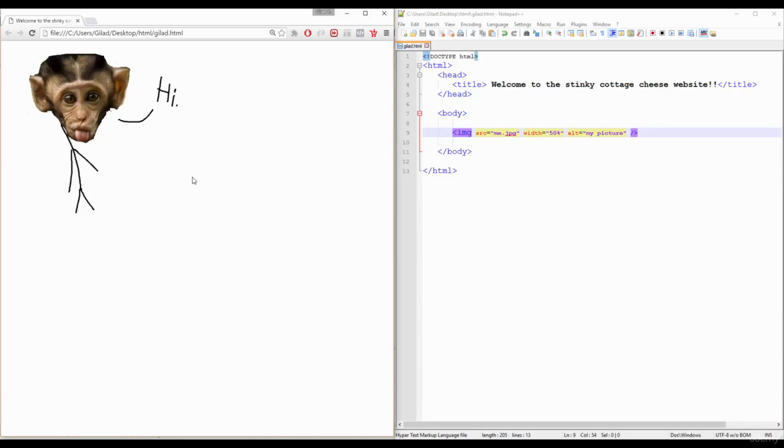A great photo! Let's dig down and see what we have right here in the code. First things first, we have the img tag. As you can imagine, img is shorthand for image. No big deal. Then, we have 2 attributes inside of this tag. We can also see that our image element is a self-closing element, which kind of makes sense, because it's not holding any information. The src attribute is a source, which means that this is where the image file is located. And the alt means alternative text. At times the image might not load for whatever reason, and the browser will show your alt text instead.